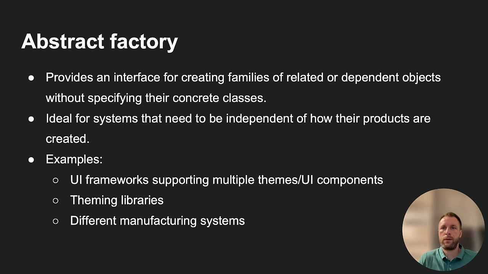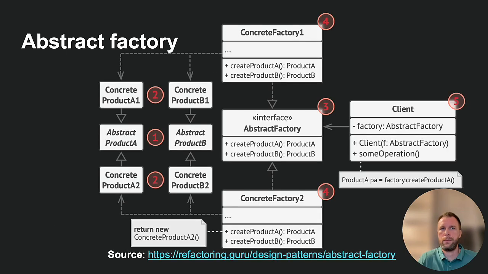Second design pattern from the creational design pattern category I would like to cover today is abstract factory. This pattern provides an interface for creating families of related or dependent objects without specifying their concrete classes. It's ideal for systems that need to be independent of how their products are created. For example, we can use it in a UI framework supporting multiple themes, or UI components, different theming libraries, or different manufacturing systems. If we have a look at the diagram for the abstract factory, we can see